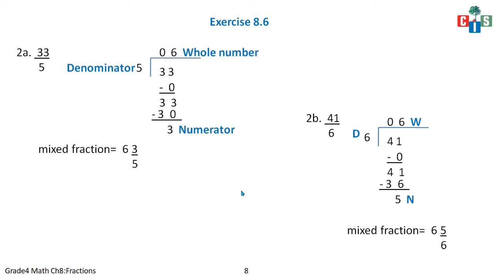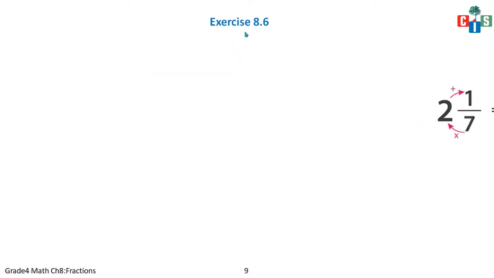Now let's have the other section, that is exercise 8.6, the third part I have taken, wherein you have to convert the mixed fraction into an improper fraction. Now see, this is the mixed fraction. Okay, I have written it here for you to remember it. So whenever we move the denominator, you will multiply and then you will add it. So what I'll do, 9 4s are 36. Okay, and then plus 2, 36 plus 2 will give me 38, and then 38 by 9. The 9 will be written as it is.